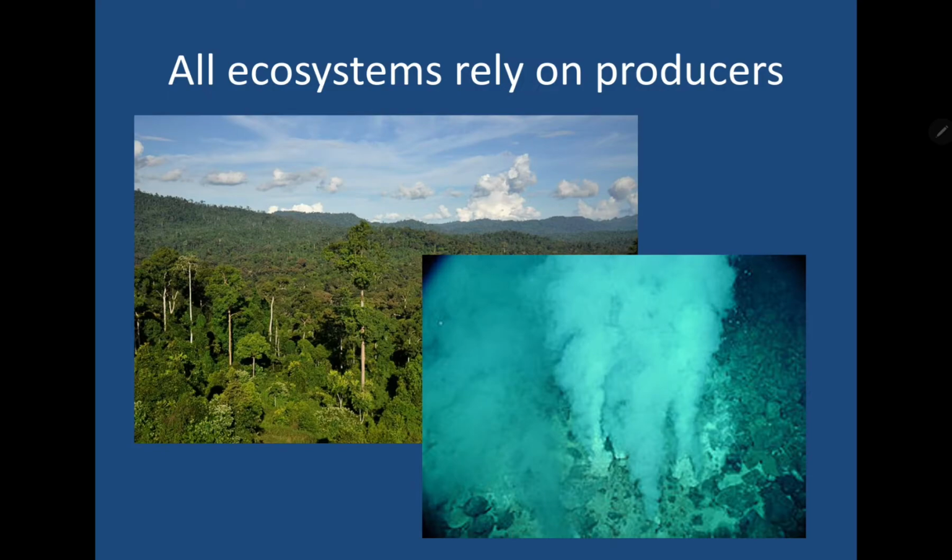All ecosystems on Earth depend on producers to, in a way, convert the energy present in the habitat into a form that's usable by other organisms. So without these producers, even if, let's say, there's an abundance of materials in the environment, there's no way for other organisms to use these materials to produce the compounds that they need in their bodies. Why? Because these are locked in a form that's unusable to them.